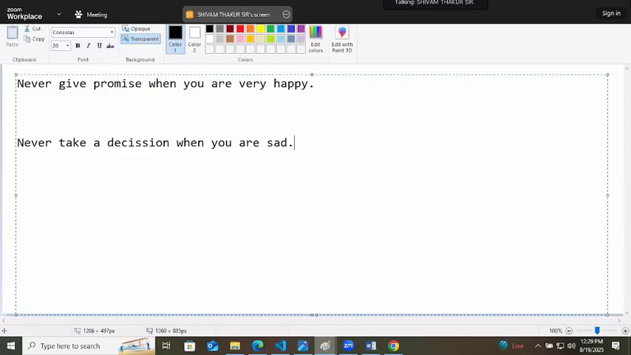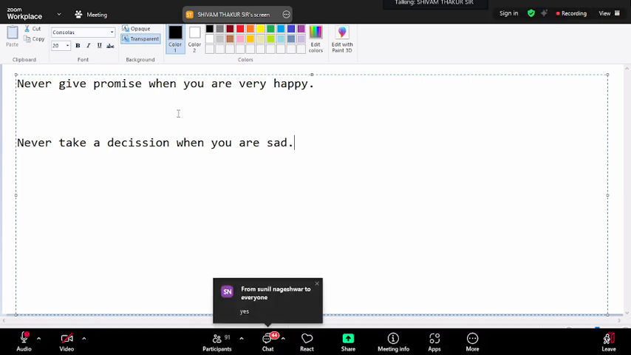Never take any decision when you are sad, because a sad mind is the mind of a devil and a happy mind is the mind of Lord Shiva. They can give any boon to anyone without realizing that the person will become a bad person or whatever, right? These are my two personal observations: you should never promise when you are very happy. Promise when you are in a normal state of mind, because